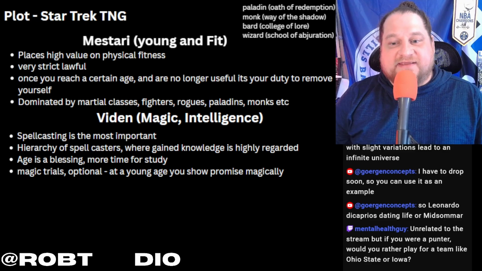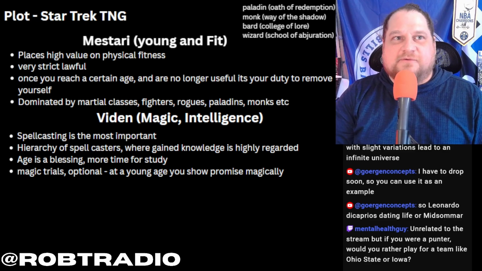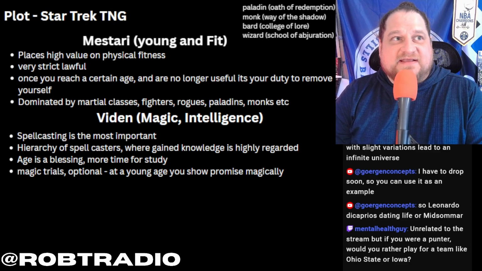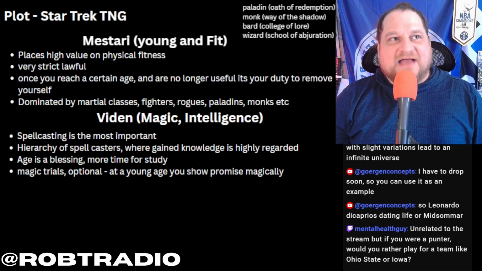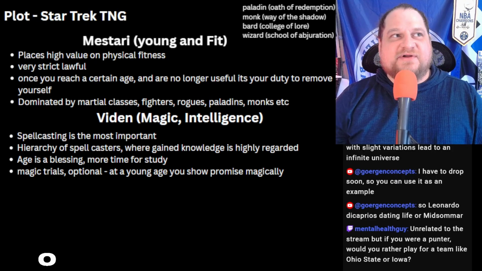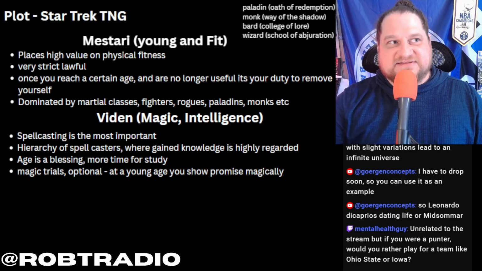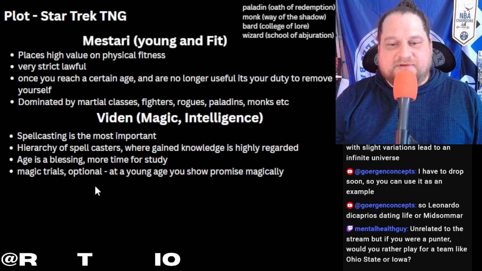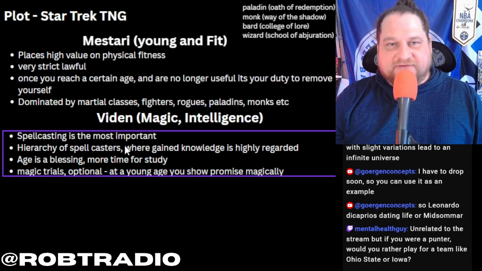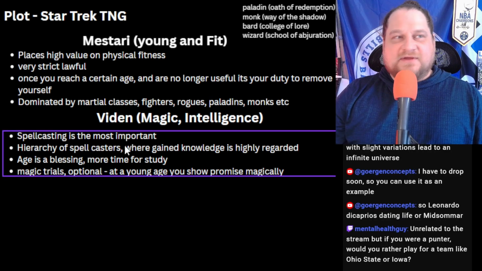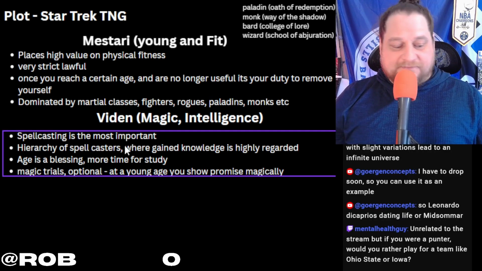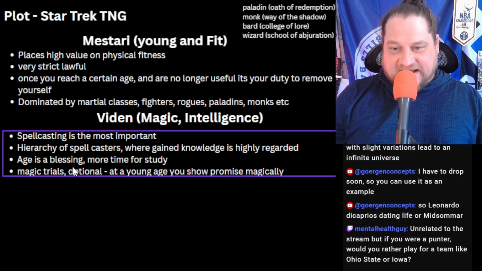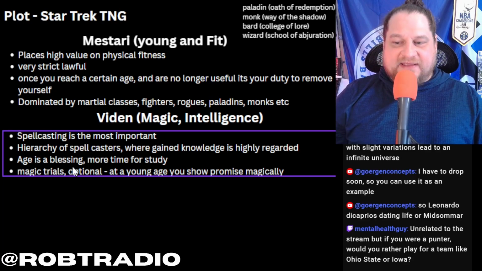You can just live a regular life in the city. But if you want to live in the upper part of the hierarchy, the only way to do it is to show magical prowess. You know what I mean? And so, if you don't put your kids into these magical academies, then you're just going to be a baker forever. You know what I mean? And some people would accept that. Some people wouldn't. And so we'll make the magical trials part of Vidin, and that way,